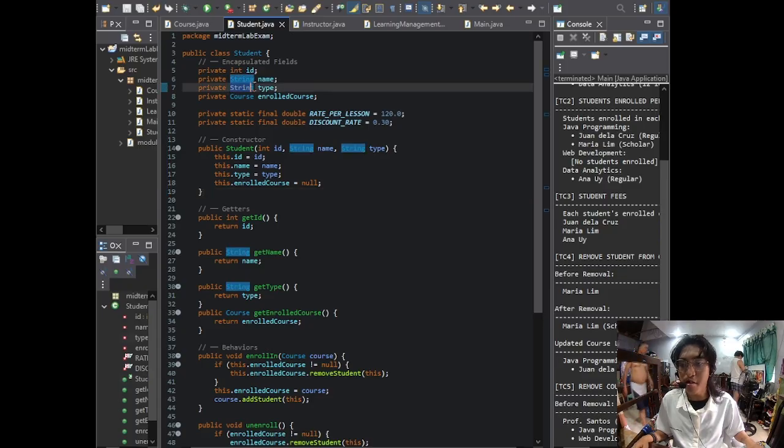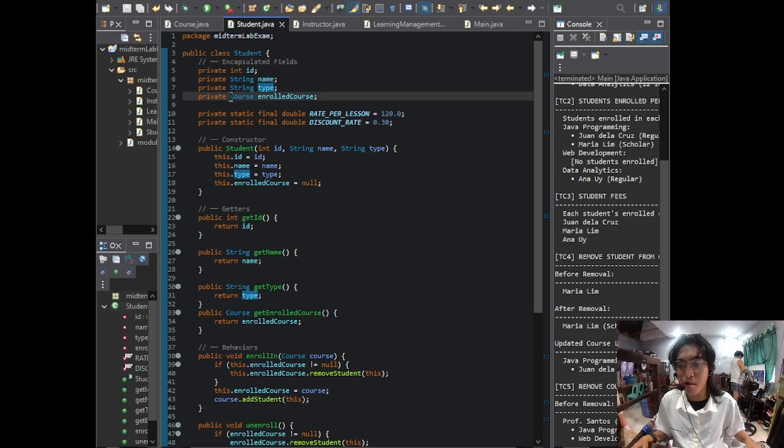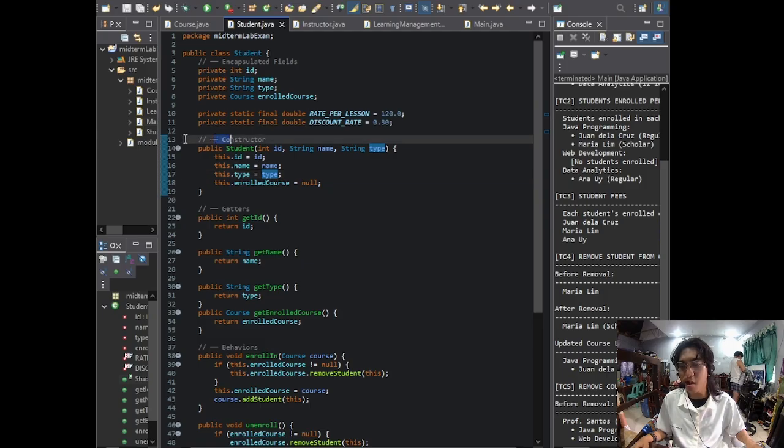Then String type, either regular or scholar, which determines whether a fee discount is applied, also set in the constructor. Then enrolledCourse, a reference to the course the student is currently enrolled in. It starts as null, meaning not enrolled, and changes when the student is enrolled or unenrolled.